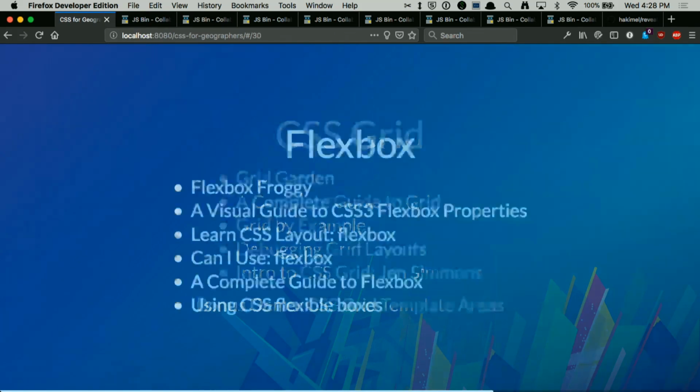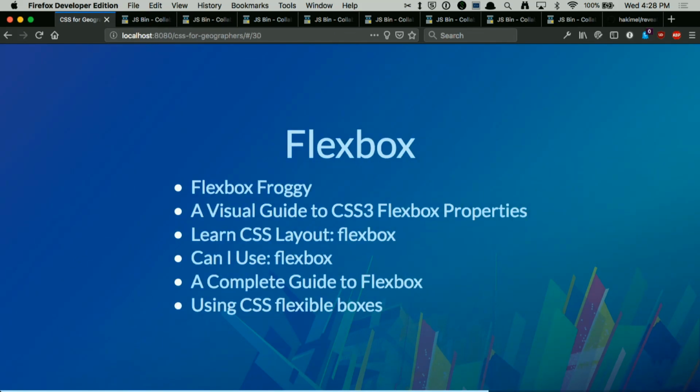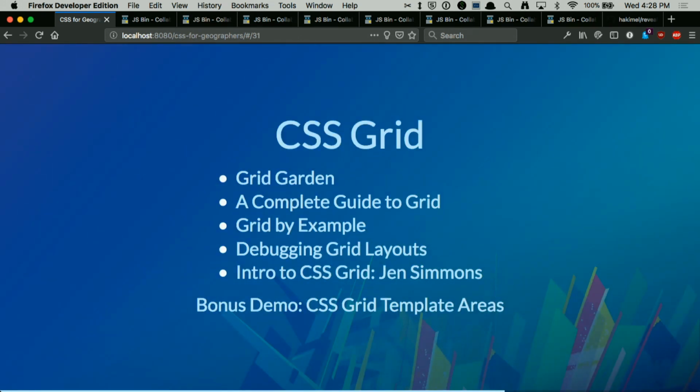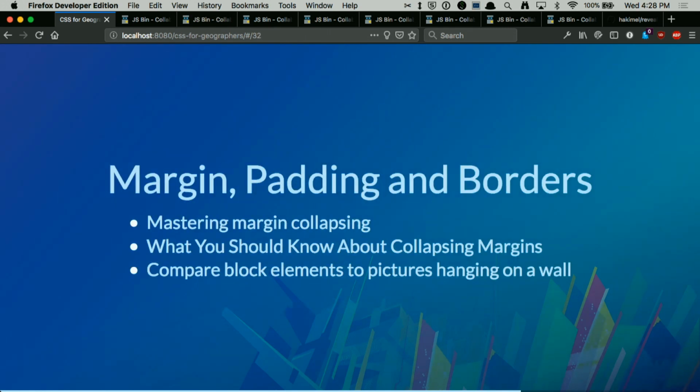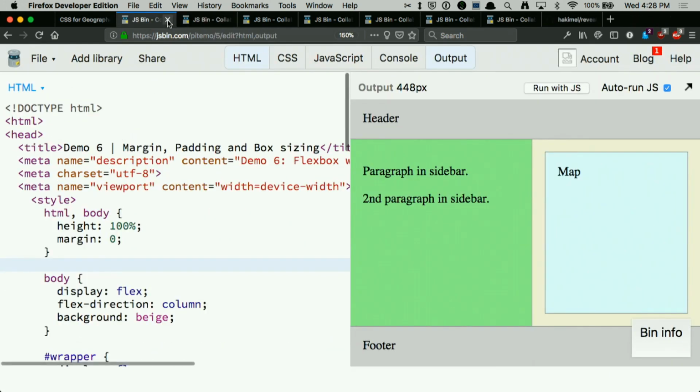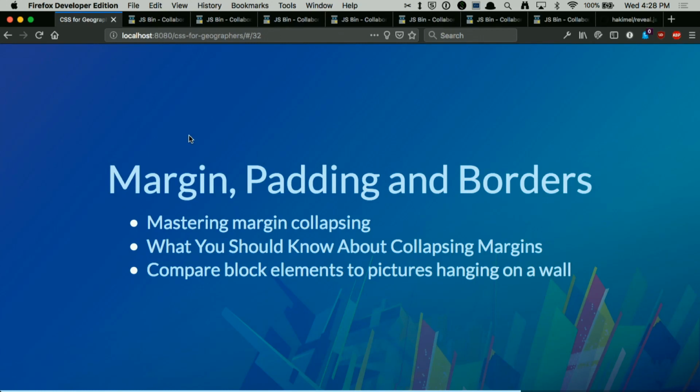Now, these 2 slides are great. I will point out 2 of the links really quick. Flexbox Froggy and Grid Garden are games that teach you Flexbox and CSS Grid. Think of them like Frogger with CSS. It's incredibly fun to load it up and play on the plane ride home, and you'll be great by the end of it. So continuing now that we've gotten most of our layout done, we're going to talk about margin,